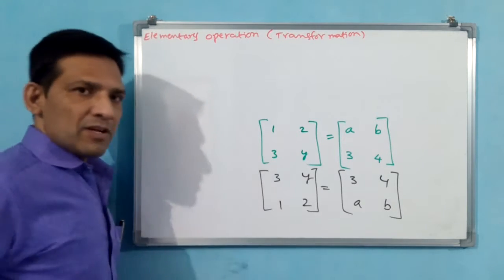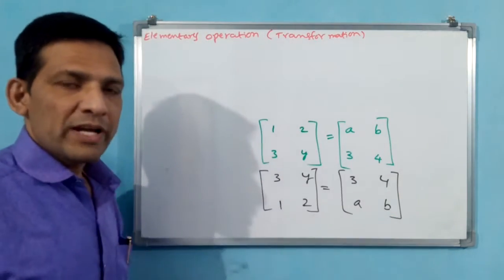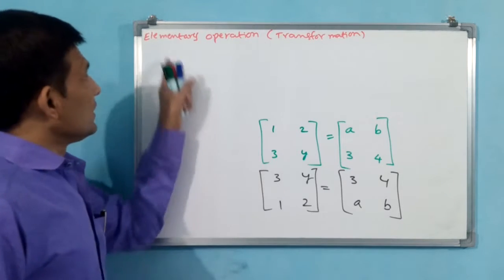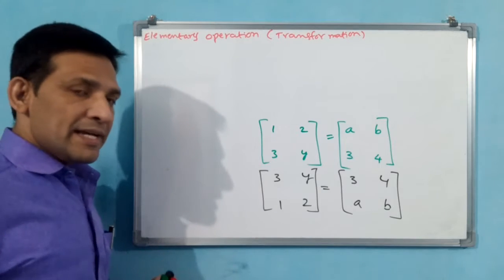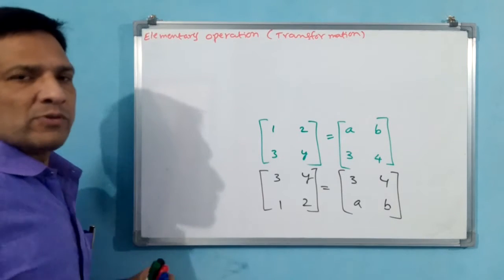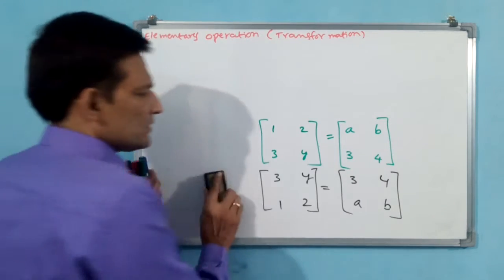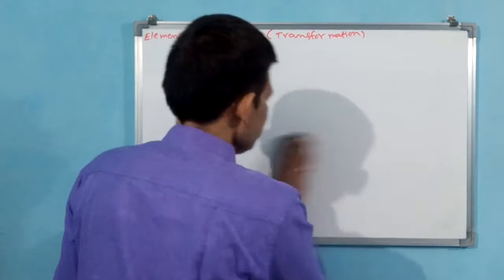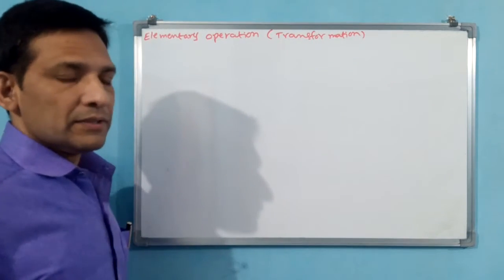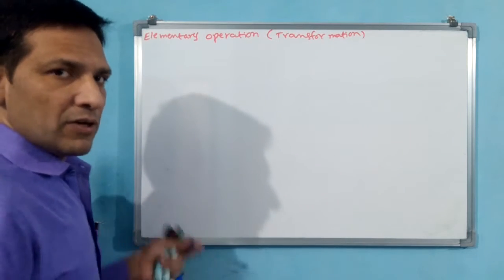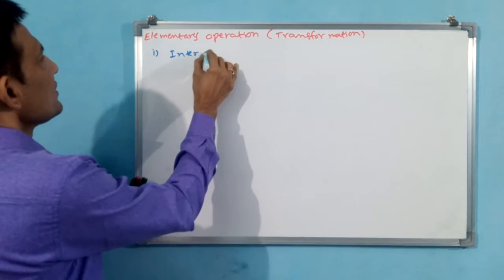Let us write the first operation. What is that operation? I am writing here. This we have taken as 2 by 2 for simple understanding. All these elementary operations we will see with 3 by 3. In the exercise, 14 questions are there on 2 by 2 inverse only, and only 3 questions are there on 3 by 3. Let us do these operations. What I am writing, you see: interchanging of rows. First operation is interchanging of rows.